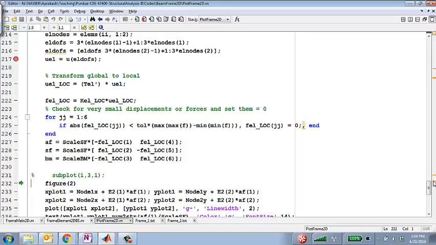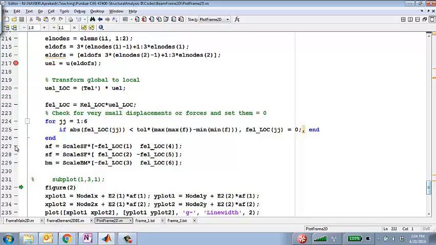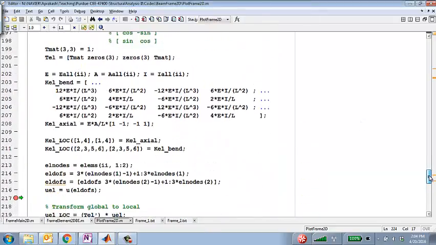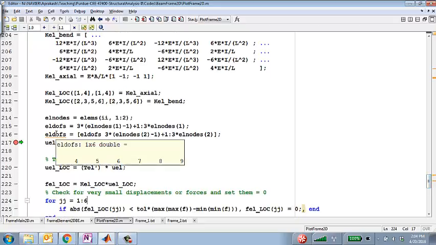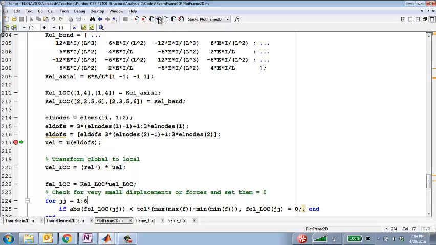And all that's left to do is to just plot them, which again you don't need to be too concerned about. So for the second element, you can see that it's already plotted that for the first element. For the second element, the element degrees of freedom are 4, 5, 6 for node 2 and 7, 8, 9 for node 3. The second element is connected to nodes 2 and 3. So we pick out those particular 4 to 9 degrees of freedom from the global vector. We convert them back to the local coordinates,